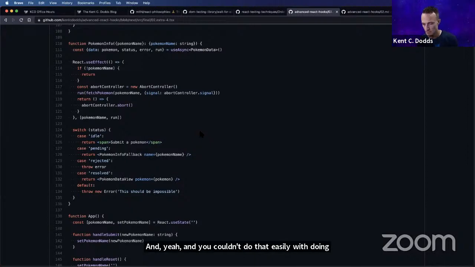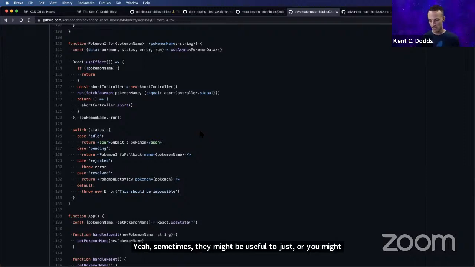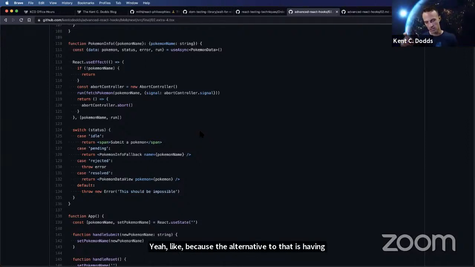Now, sometimes you might think it's just easier to stick things in the event callback. You just say, I'm going to set local storage here. When the user hits save, let's just save it in that event handler. Because the alternative is having some state that says something like should save, and then you have a useEffect. I can see why you might want to just do that in the event handler, for those discrete actions.